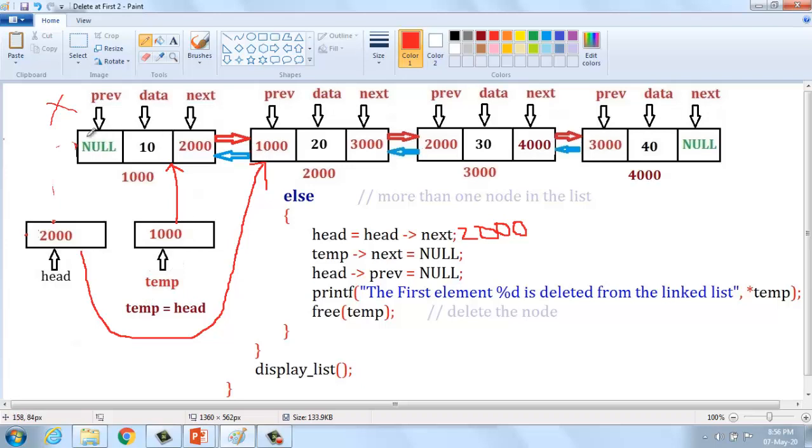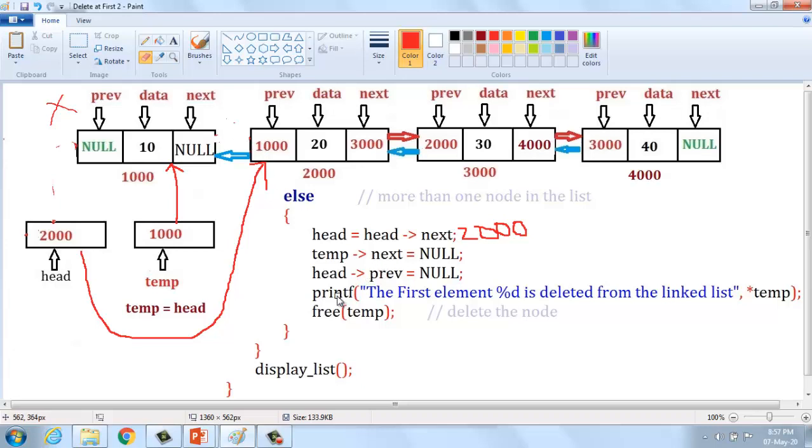Temp is 1000, and temp of next we have to terminate from the old node, so we change this to null, because we have terminated the connection between this node and the second node. We have to terminate the connections.